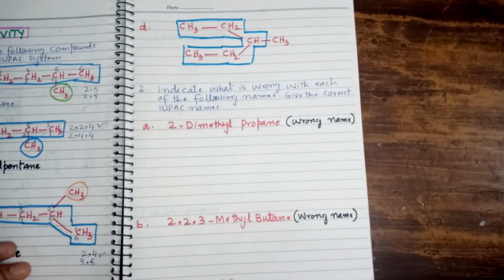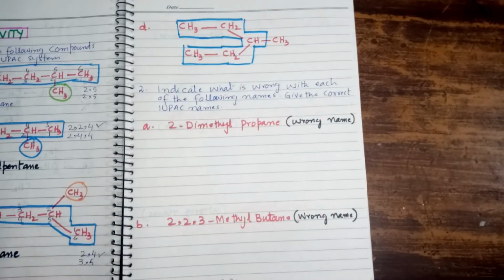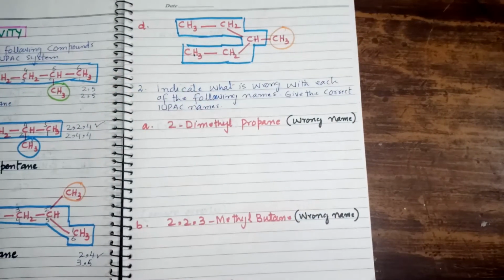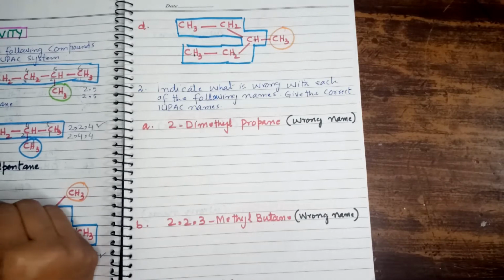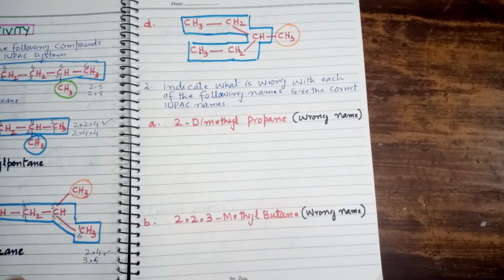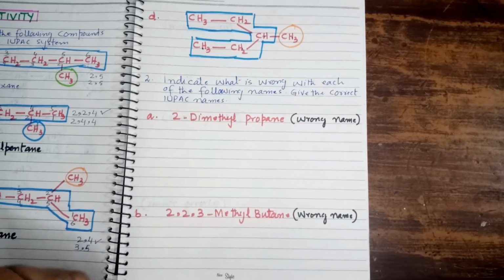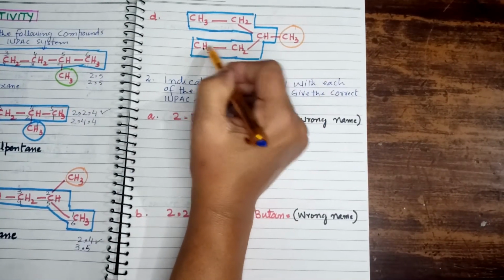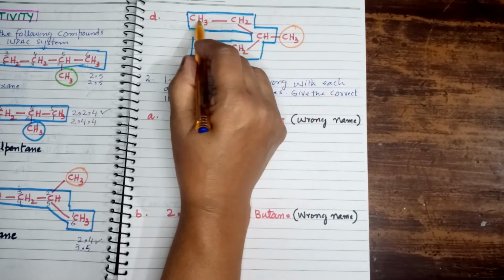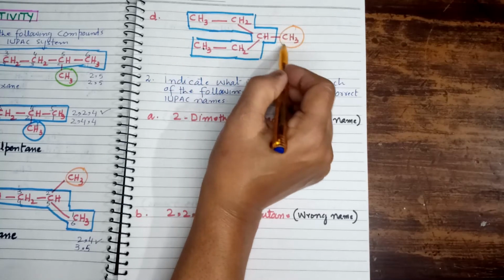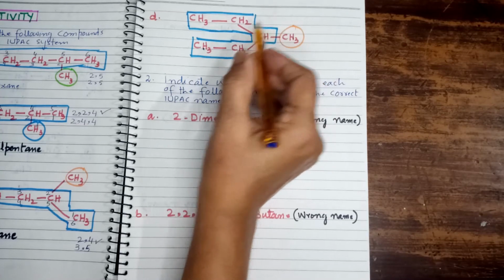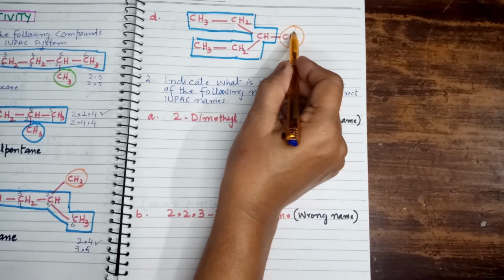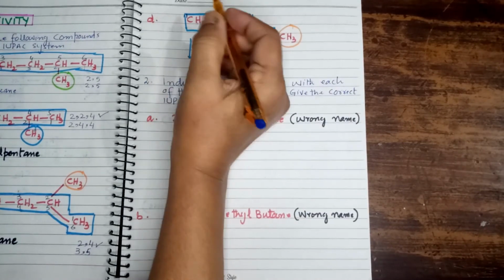This is the parent chain, right? Now everything which is present outside the parent chain is the radical. So this is the radical. Now, do the numbering of the parent chain. Numbering 1, 2, 3 or 1, 2, 3. Either we do the numbering this way, methyl radical would come at carbon number 3, or if we do the numbering this way, methyl radical would come at carbon number 3, right? So it is our choice. We can do the numbering either way.